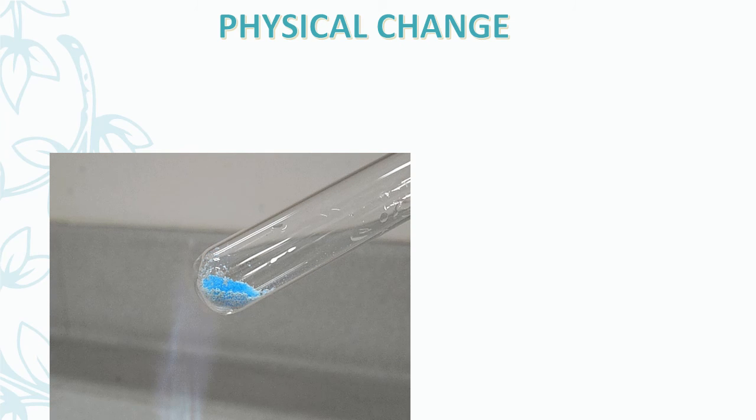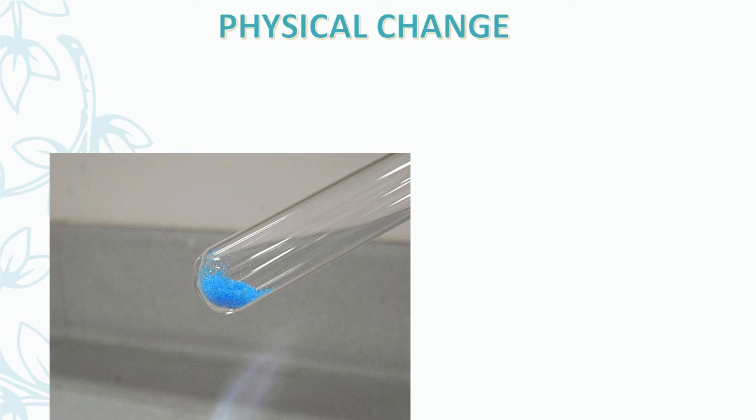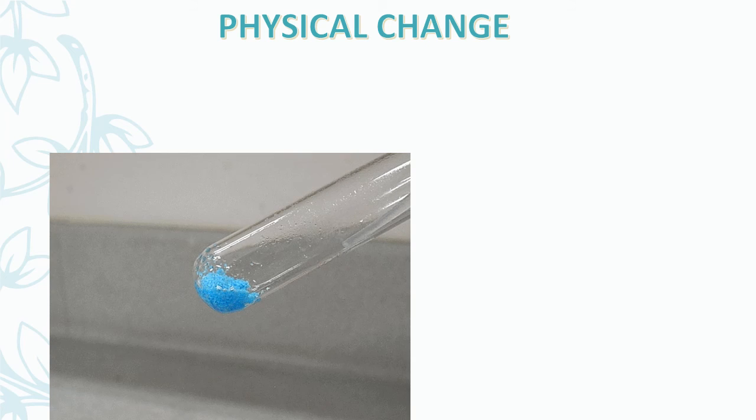Next is physical change, the changes that are observed. What is a physical change, and what is a chemical change, and how are they different from each other? We know the interconversion of states is termed a physical change because these changes occur without a change in composition and no change in the chemical nature of the substance.